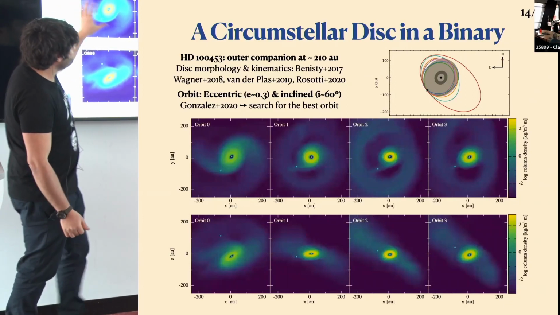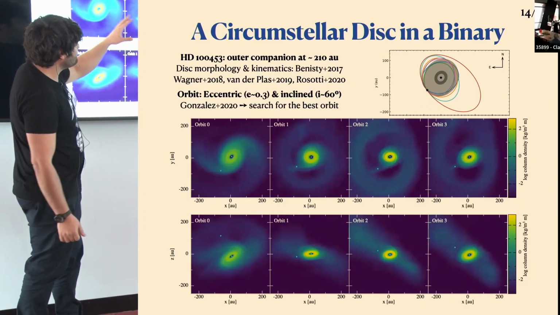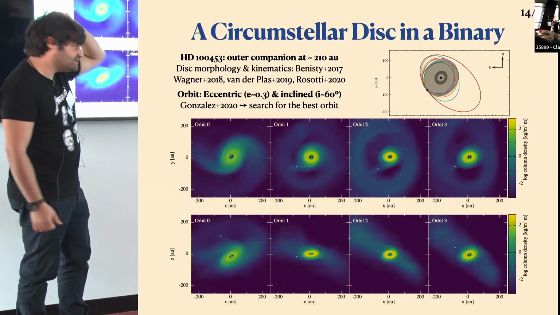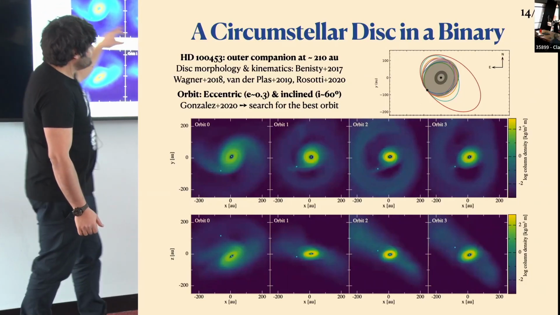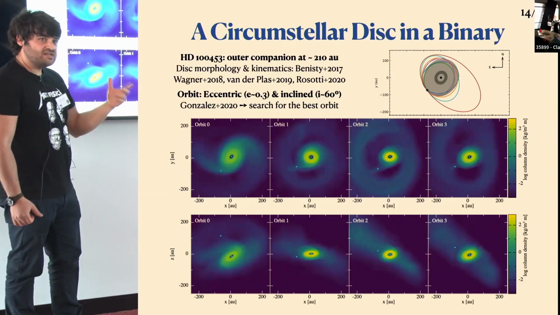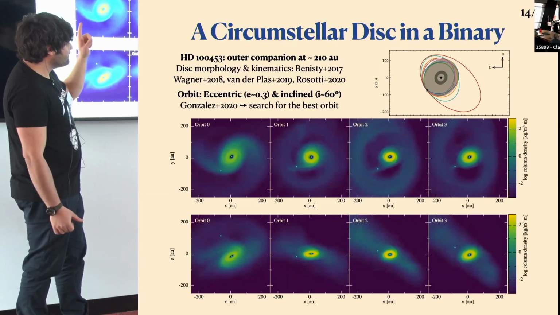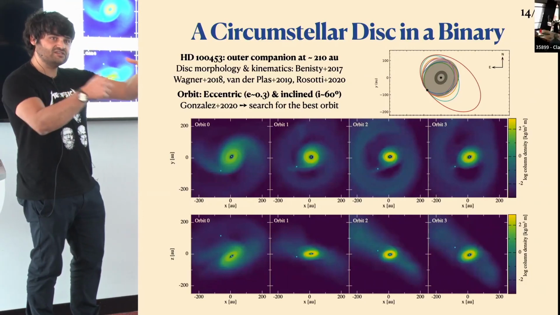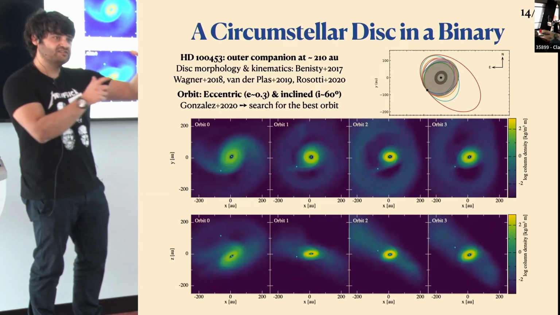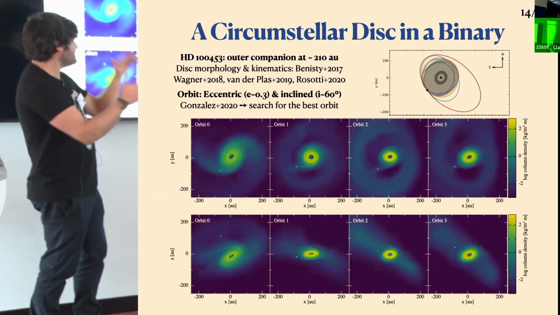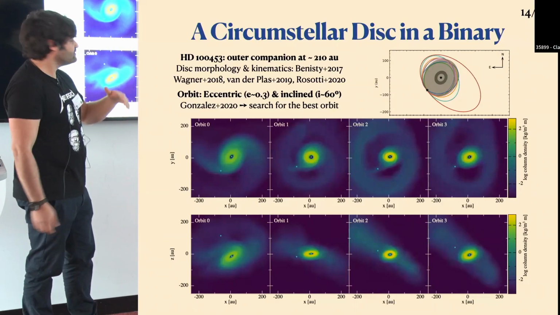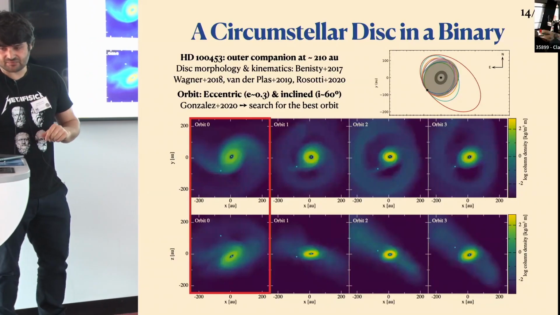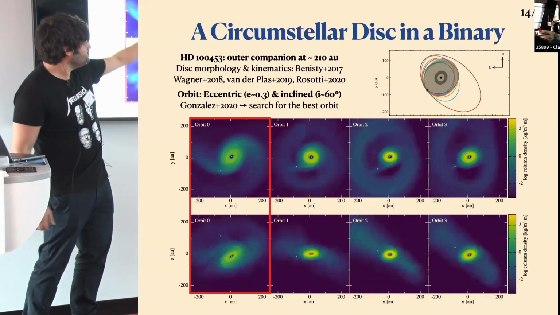You see that we consider different orbits. I'm just showing 4 here, but we did this for at least 8 orbits, I think. And you see that the outcome is really different. One interesting thing here is that since things are misaligned, this circumstellar disk will start precessing, and so we need to catch that at the right moment to see if it works or not. But it also changes its inclination. And our best case, the best orbit we found, is this one here.